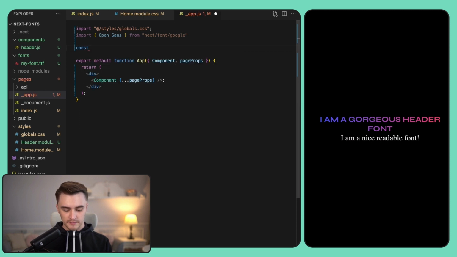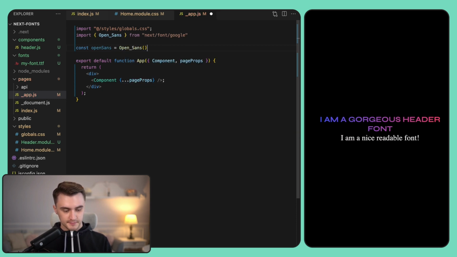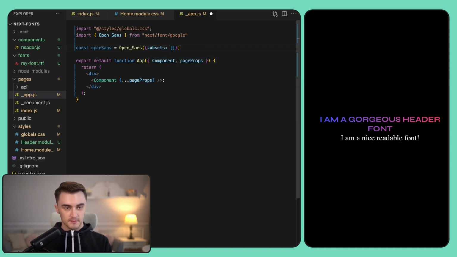We create a variable. We use our import. We specify subsets. And now we also add a variable.